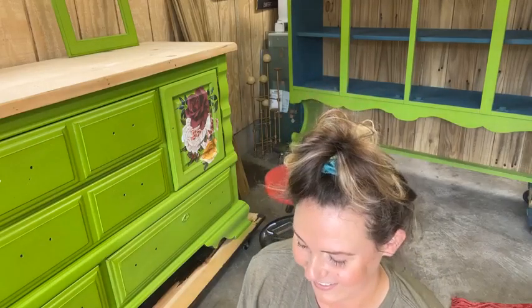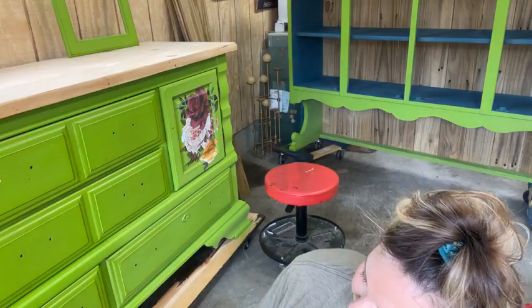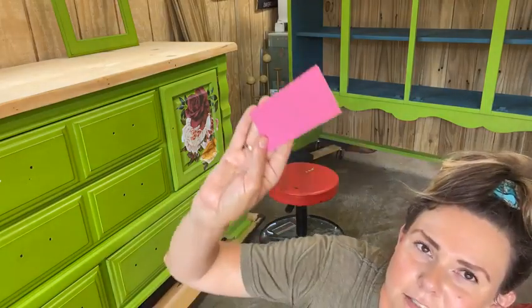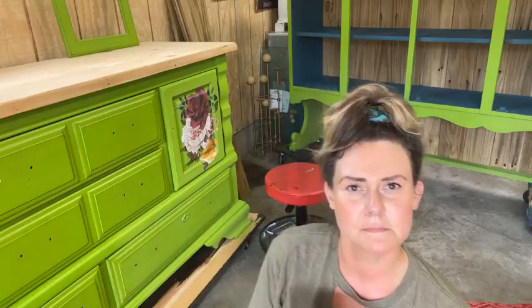She thought I was going to pick a different one. But they all kind of look different. I don't know. We'll see. I love it. I think that's pretty. All right. Well,